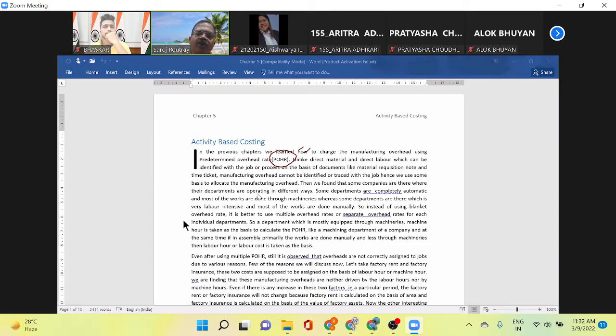We use a formula: estimated manufacturing overhead divided by estimated labor hour or machine hour or labor cost, whatever. Now, this estimated manufacturing overhead consists of all factory related expenses, starting with rent of factory building,